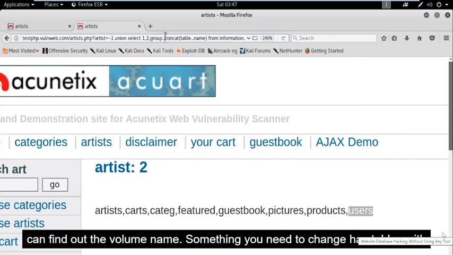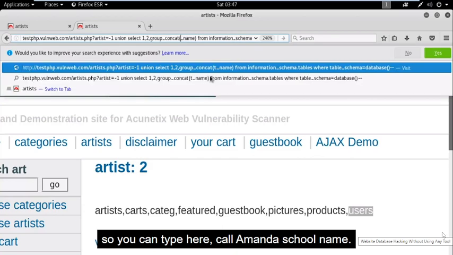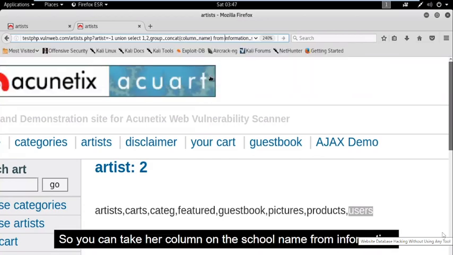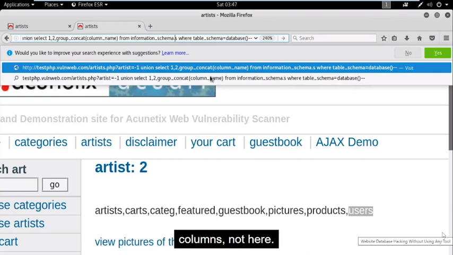So how can you find out the column name? Simply, you need to change tables with columns. So if it is table_name, you can type here column_name. So you can type here column_name from information_schema.columns. Replace tables with columns, COLUMNS, where